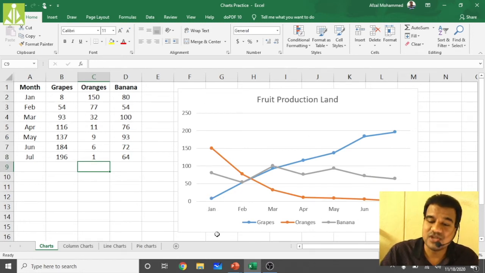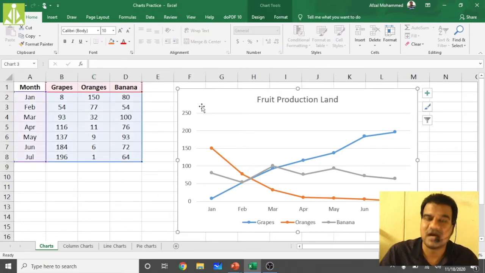So then changing the chart. Simply instead of lines, I want bar graphs. How can I do it? Select the chart, because now we are doing the modification inside the chart. Select the chart, then go to the design tab. You have to remember these steps, so I suggest you take down the notes. Whatever steps I'm narrating over here, take them down so that you will remember them forever.